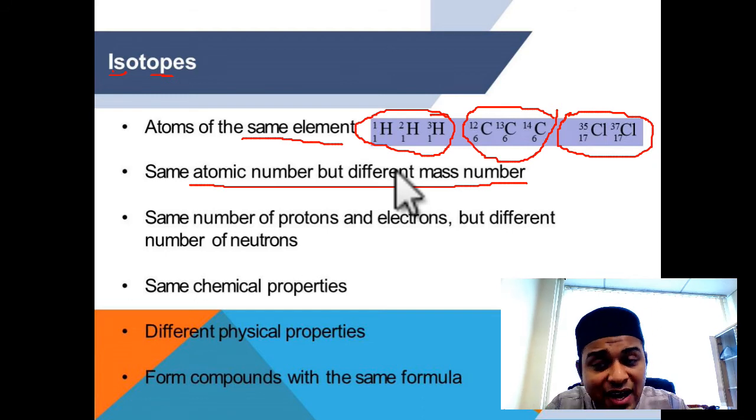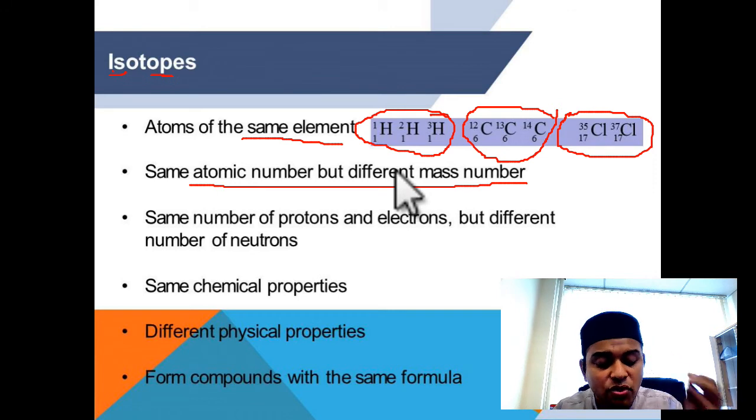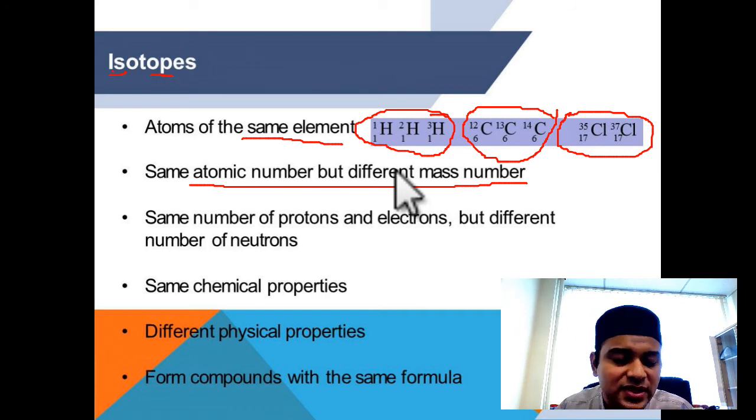Since, guys, those are the same atoms, they have the same number of electrons. Since they have the same number of electrons, they are going to have the same chemical reactions. When they have the same chemical reactions, hence they have the same chemical properties. Please keep in mind. But nevertheless, guys, do you notice that those elements have a different